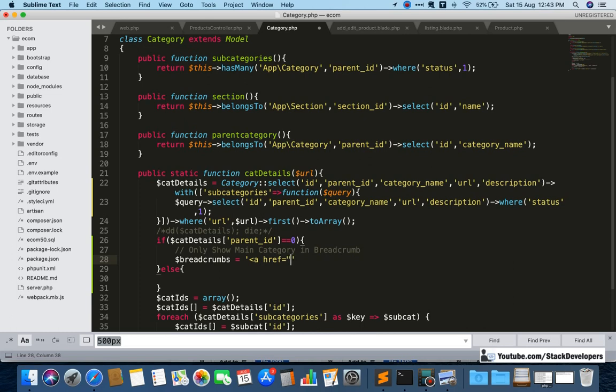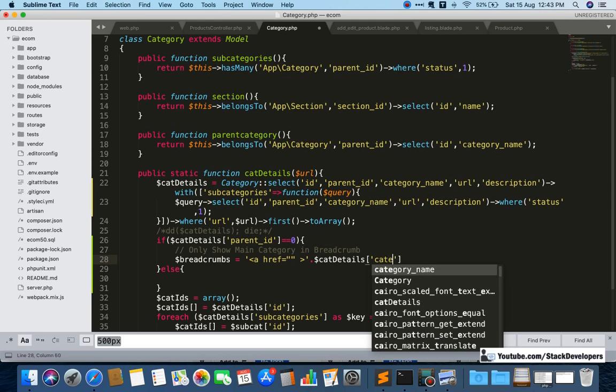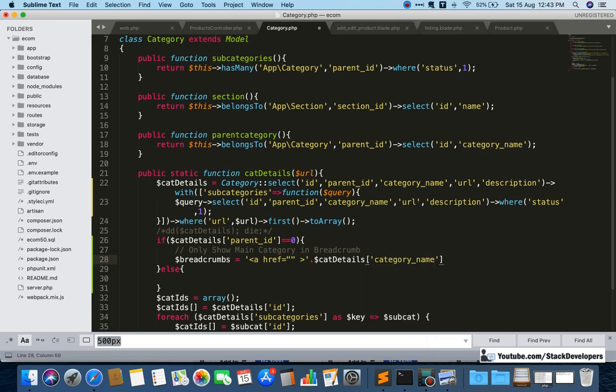Okay, so here we can add like this, then url we are going to assign no shoe, and after this one we are going to close this one, and going to add here $cat_details category name, okay. So this one now we can close as well.